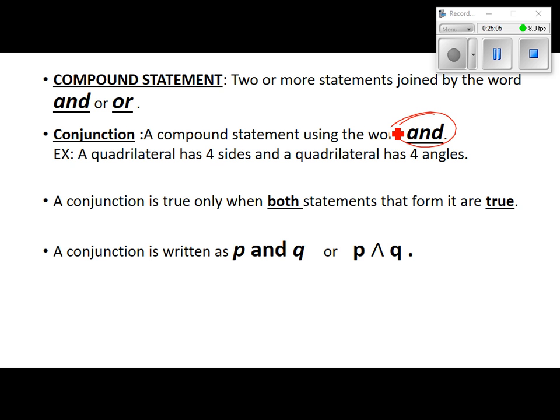First of all, is that true? Does a quadrilateral have 4 sides and 4 angles? Yeah. Alright, so that's a true statement, and a lot of them you'll have to tell whether they're true or false. So that's a true statement. When it says and,